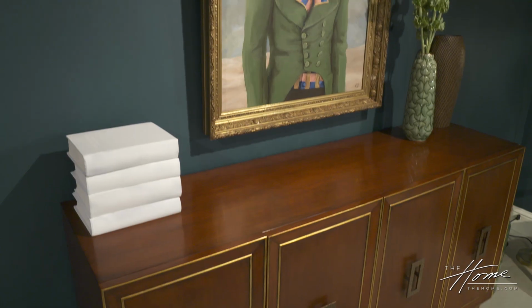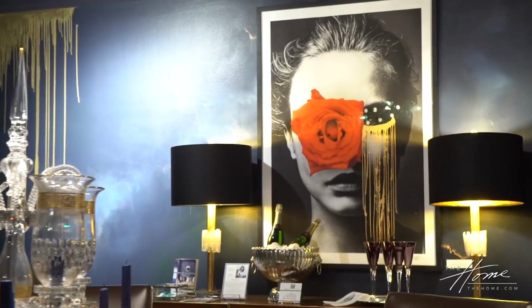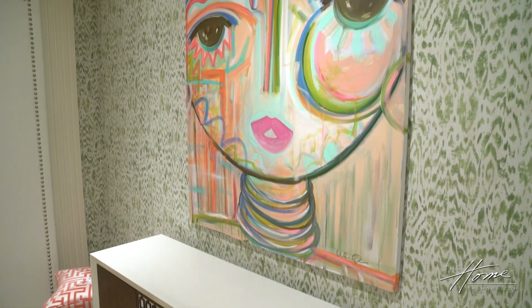One of the other things that I find most consumers can make mistakes with is artwork. I often will go into a home and it's all hung way too low or way too high. And generally we say between 5 feet and 5.5 feet above the finished floor should be the center of your artwork. Having said that though, there are lots of designers today that are breaking all those rules